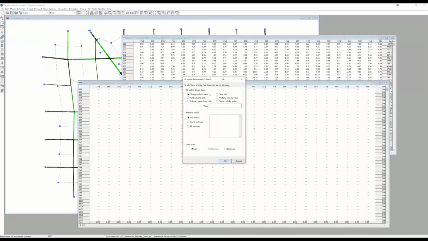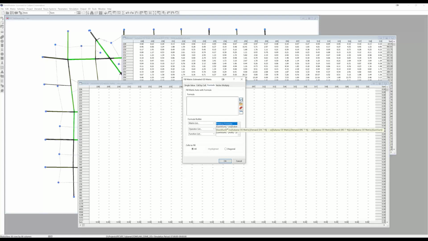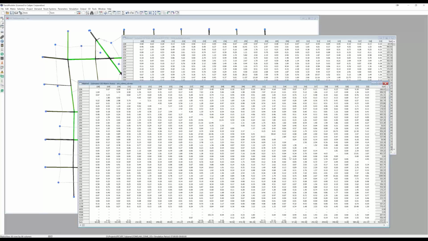So we'll choose matrix fill, and I've already got a formula that takes the estimated matrix from the ODME and multiplies it by a sum of the drive alone, shared ride 2, and shared ride 3 matrices, and divides that by the seed matrix's total. So what this part of the equation is, is the fraction of the total demand in the seed matrix that were auto trips. And we're going to multiply that fraction by the ODME estimated total demand. So that gives us about 41,570 trips